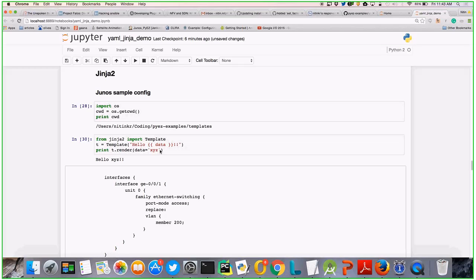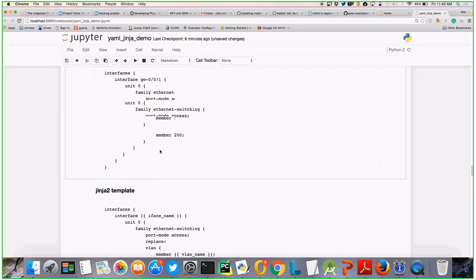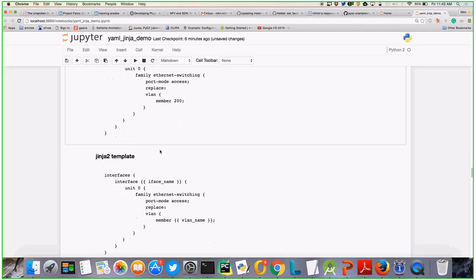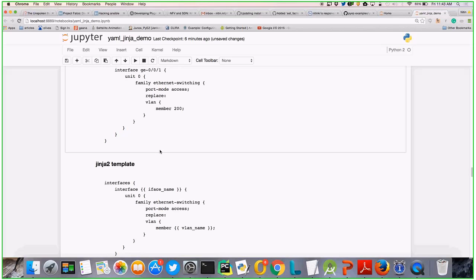Now say this is your interface config. I will be taking a text Junos config for the example. So here you have interfaces, interface, unit, and other details of that interface, right? If you see here, I'm just converting that config into a template where you have this interface name, which I've changed.